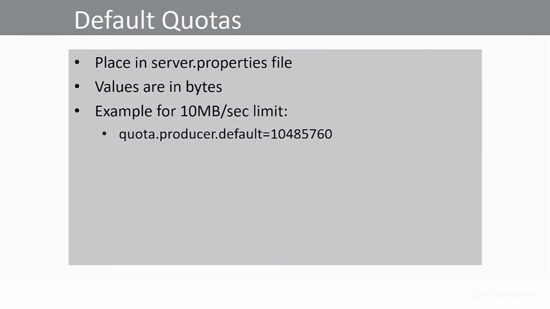So set quota.producer.default equal to essentially 10 megabytes, but in byte size instead. And we can also do the same thing for quota.consumer.default as well. You can have different values for the producer and consumers, but it makes sense to have a very similar value overall because whatever the producer produces, the consumer is going to have to consume as well, and maybe at a very similar speed overall too. That would actually be a default quota for the entire broker, but what you could do is also create some